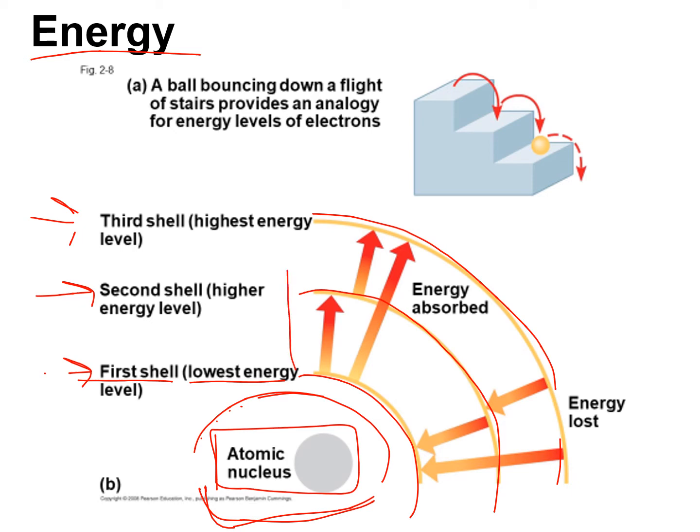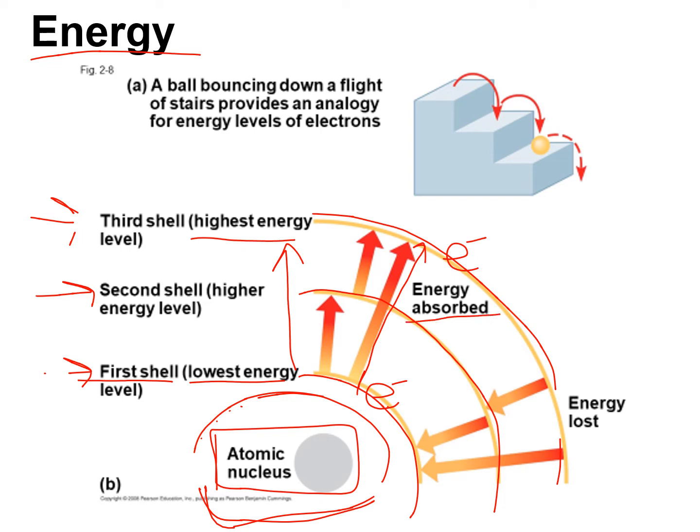As it moves away from the nucleus, the energy potential that the electron has increases. So electrons that are found in the outermost shell have the highest potential energy. Electrons on the innermost shell have the lowest potential energy. So what that means is for an electron to move from the first shell to the outer shell, it needs